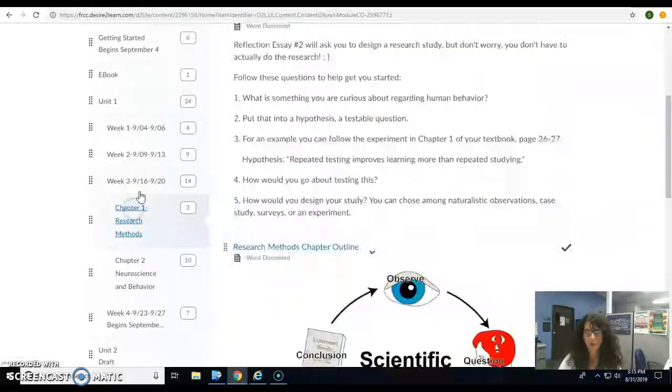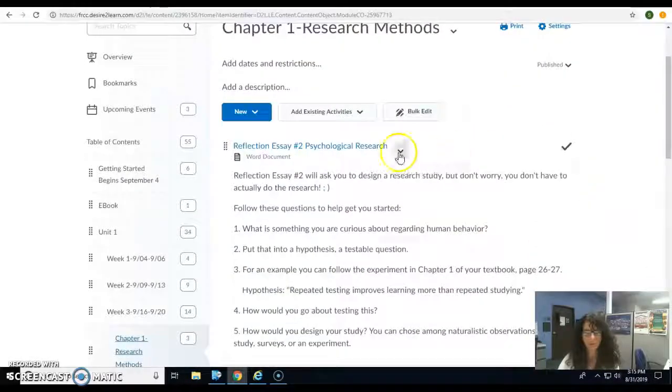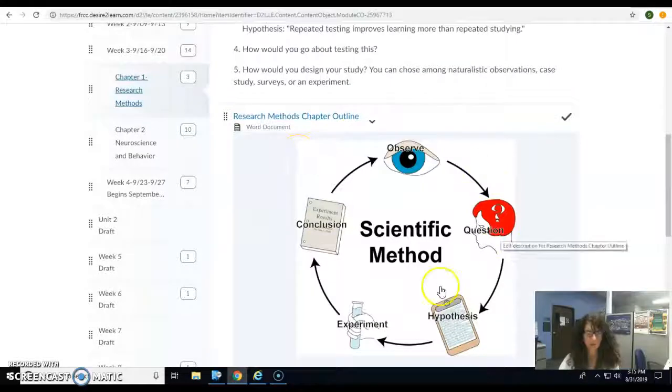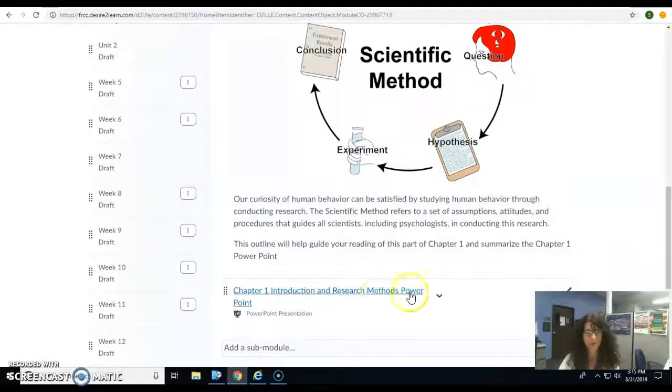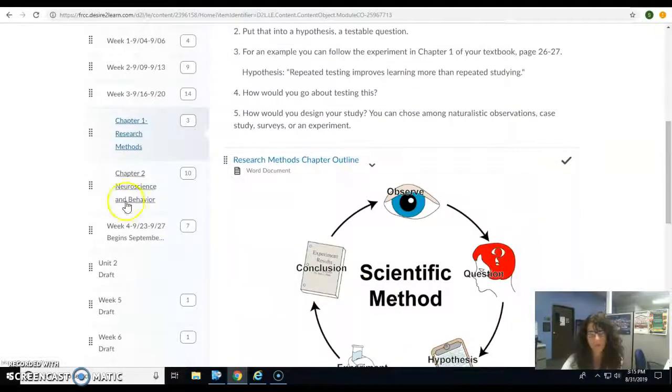For the Chapter 1 research methods, it's going to take you through a reflection essay that's due this week. It's going to take you through a chapter outline of the subject and basically another PowerPoint that again should guide your reading and supplement your reading of the second half of Chapter 1. And then in the second half of